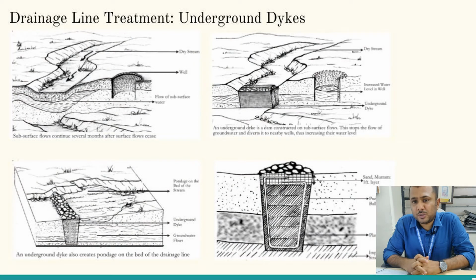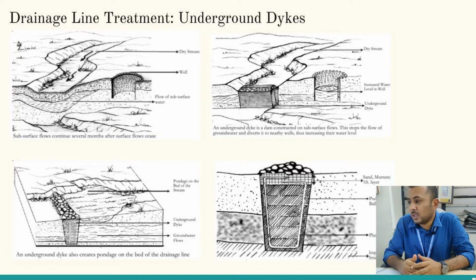First, we would like to see the picturization of how underground dykes function. As you can see in the picture, there is a river that is flowing in the first figure. Then we have the second figure in which there is an establishment of underground dykes, and if you compare both the figures, you will find the difference that is taking place because of construction of underground dykes. In the first picture, as you can see, there is no water in the well. In the second picture, by construction of the underground dykes, there is an increase in the water level. What underground dykes do is, the water that is flowing beneath the surface or at the bed of the river will start flowing in the lateral direction instead of the longitudinal direction.